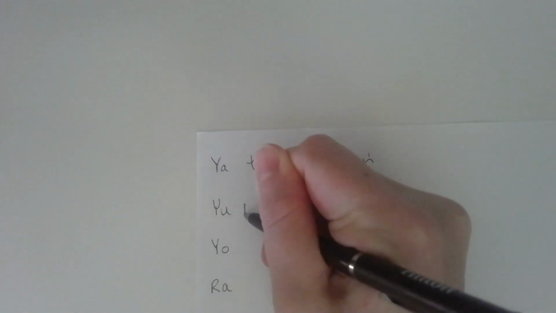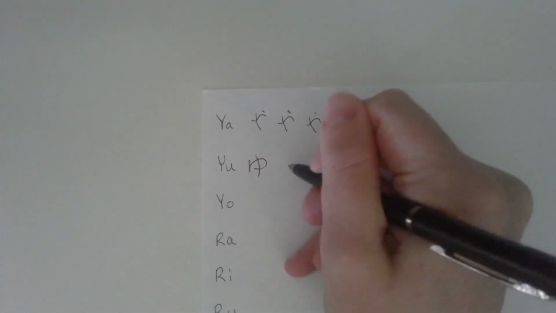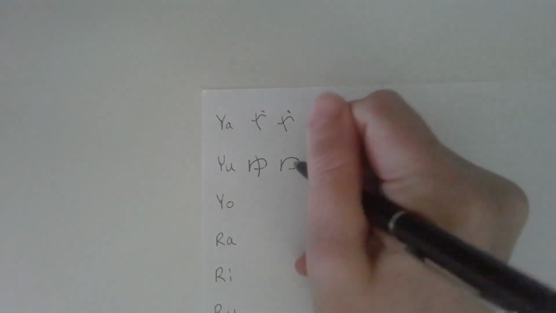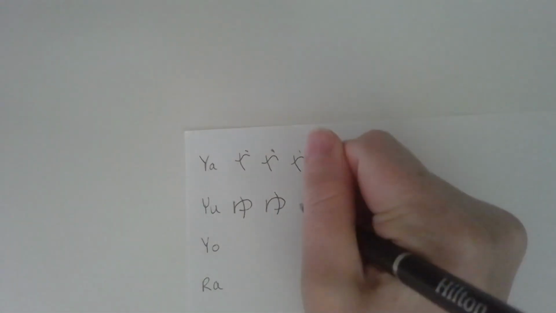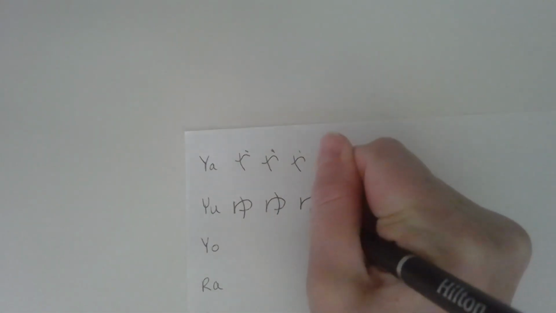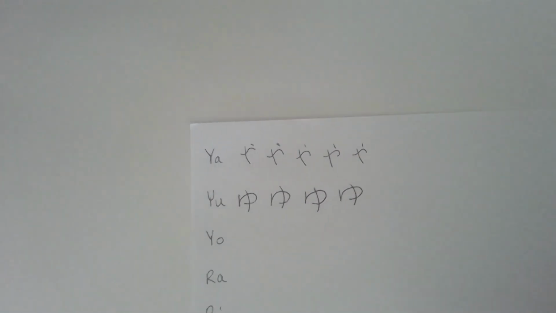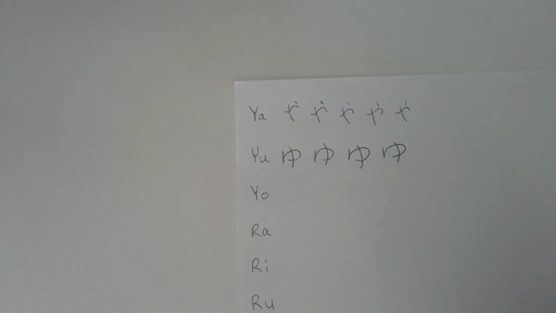Next is yu. So it kind of looks like a fishy. And then a line through it. Like that. Make your fishy and put a line through it. So this is one whole stroke here. 1 and 2. Alright, for yo,